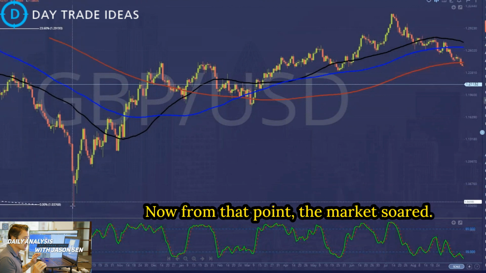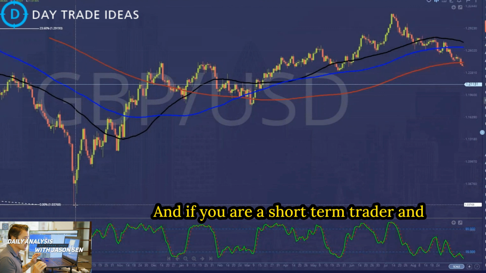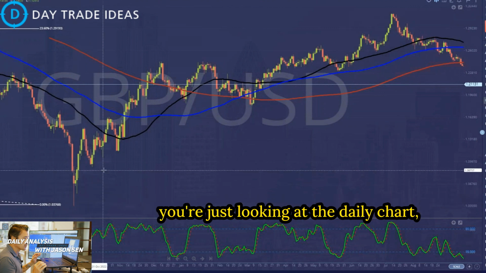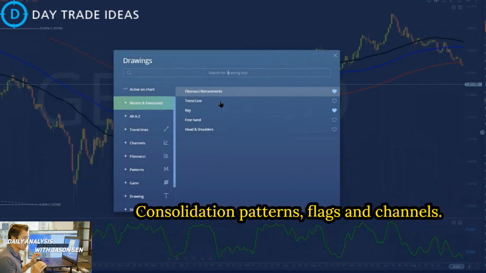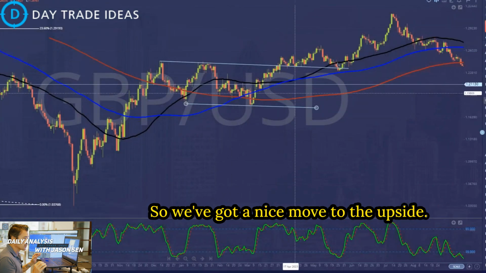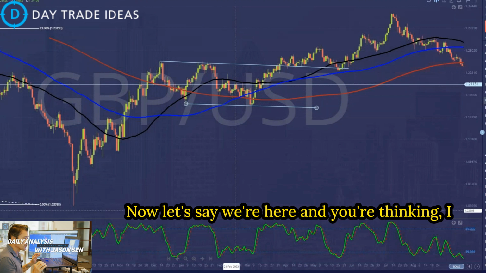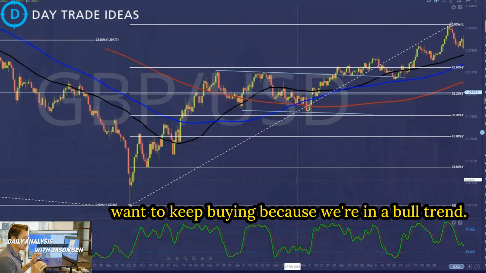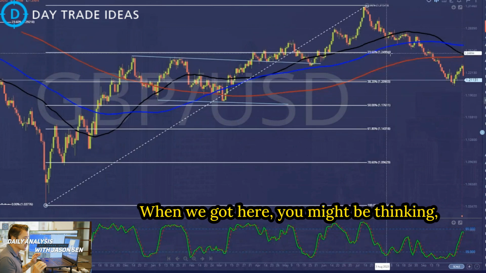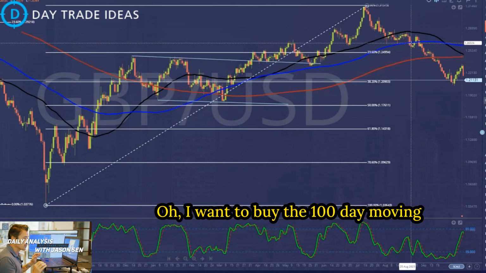Now, from that point, the market soared. And if you are a short-term trader and you're just looking at the daily chart, you can see a nice strong bull trend, consolidation patterns, flags and channels. So we've got a nice move to the upside. Now, let's say we're here and you're thinking, I want to keep buying because we're in a bull trend. When we got here, you might be thinking, oh, I want to buy at the 100-day moving average or